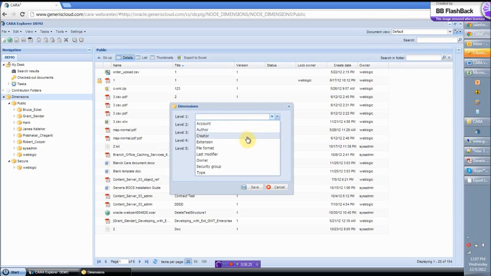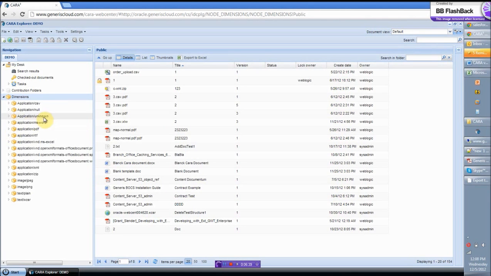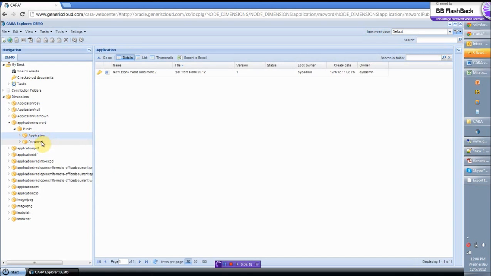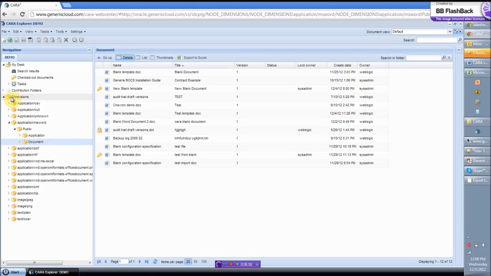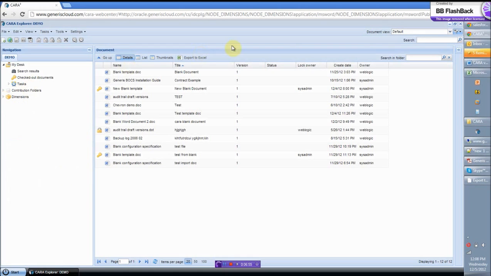And tomorrow I might want to see things according to file format and then according to security, and then maybe a third level of type. And I would simply select these options, click save, and I have my new dimensions tree. So I've got all of my Word documents together, public, and according to whether it's an application or a document type. So the dimensions becomes an extremely important way of both navigating and to some degree replaces the standard search